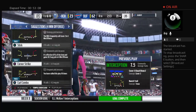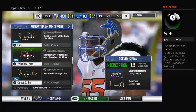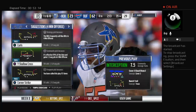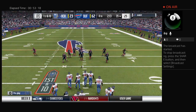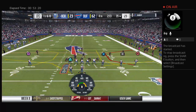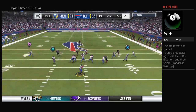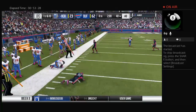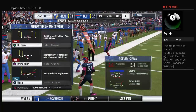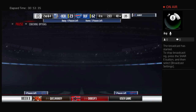Out comes this offensive unit as they get set to take over here. Last time they were out, they scored. Still trailing here, though, so some work to do. But it's okay in terms of mindset. Because they scored the last time, they're not quite as worried about being down on the scoreboard because now their confidence is a little bit higher. They feel like they got something going, and they feel like they can attack again and put more points on the board. Are you scoreboard watching if you're the...